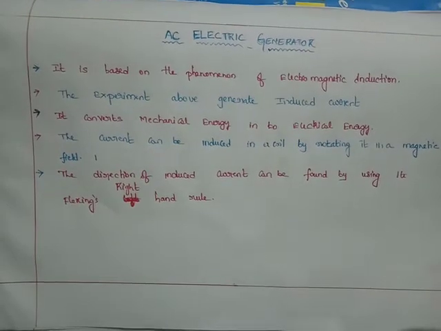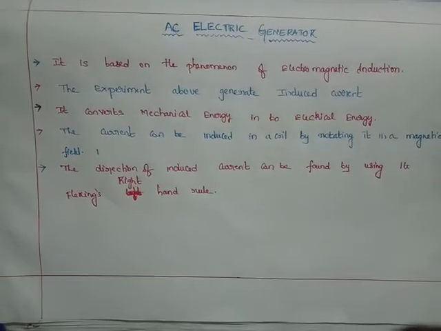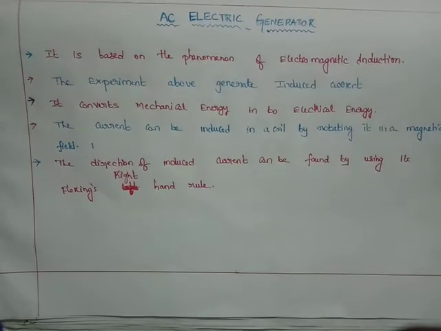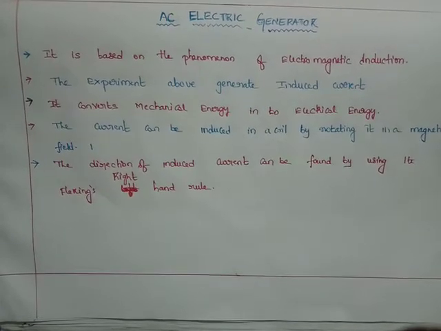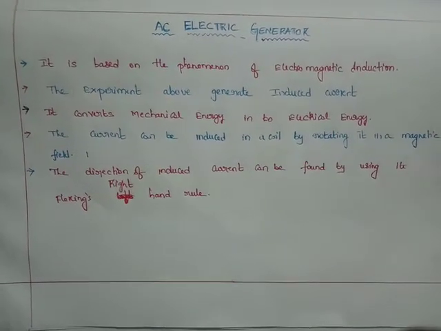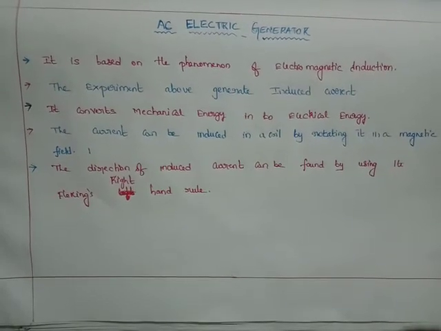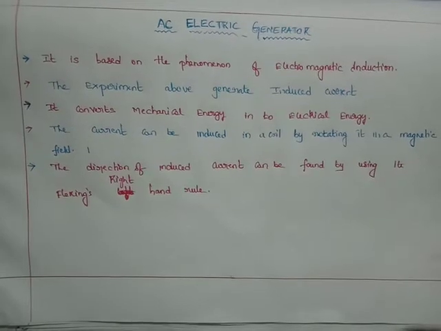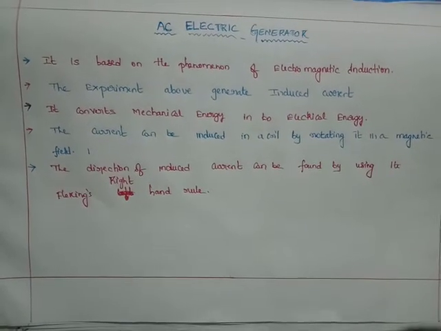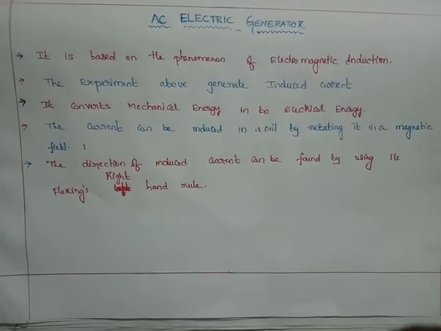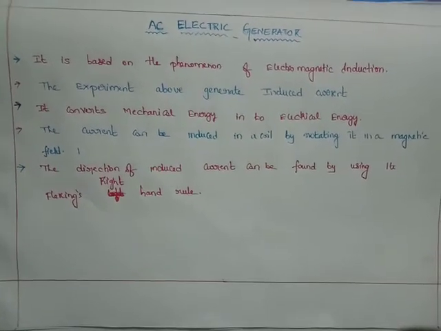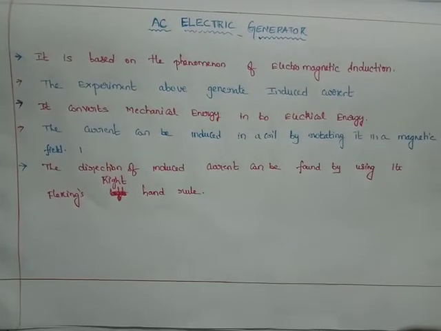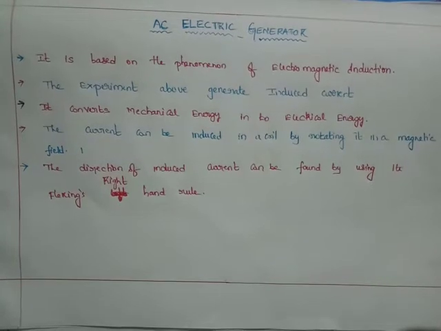Electromagnetic induction means what we already discussed in the previous class. When a magnetic field is placed near a copper wound wire, electricity is automatically produced. We observe that electricity in a galvanometer. So we will learn all about electromagnetic induction. The main phenomenon of the electric generator is electromagnetic induction.